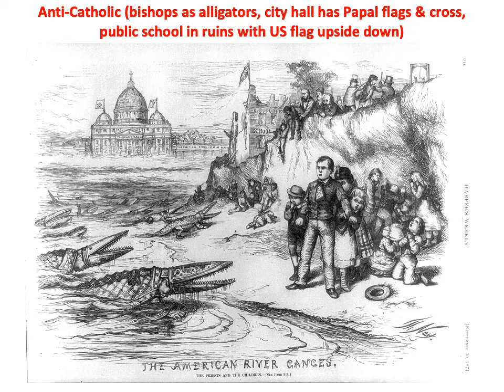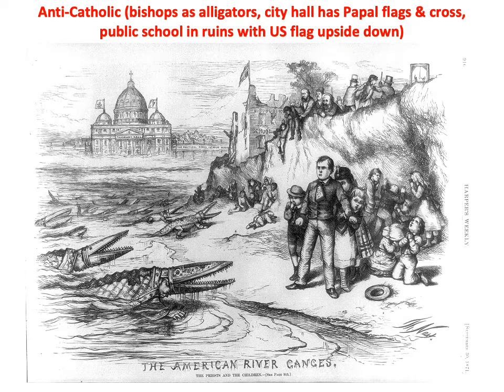Let's look halfway back in the center of the picture. You see it says U.S. Public Schools. Read that. Well, the U.S. public schools are in ruins with the American flag flown upside down. You notice the flag is upside down. And why is that? Well, because the Catholics often put their children in parochial or Catholic schools. I mean, of course, there are still Catholic schools today, but many, many Catholic children, the vast majority, I believe, go to public schools. Well, back then it was felt that the Catholic schools were somehow un-American.